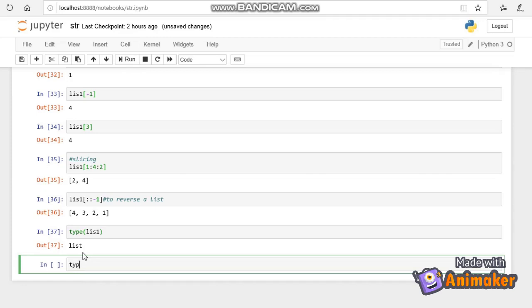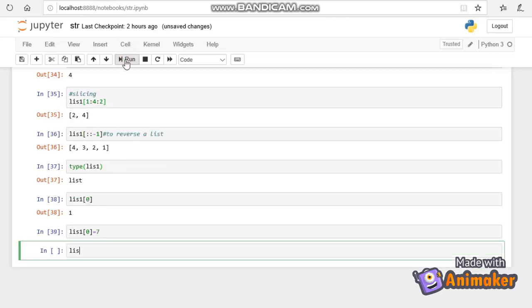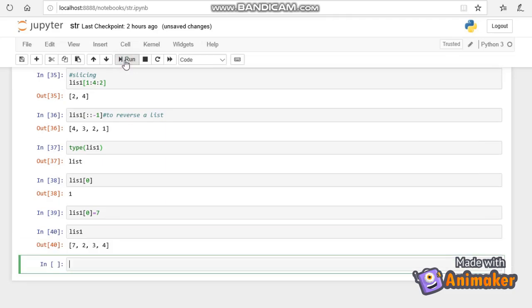So we know that list 1 of 0 is 1. We can change this value to 7. Now if you print list 1, you get 7, 2, 3, 4, where the 0th position value changed to 7, which is nothing but mutable. List is mutable.